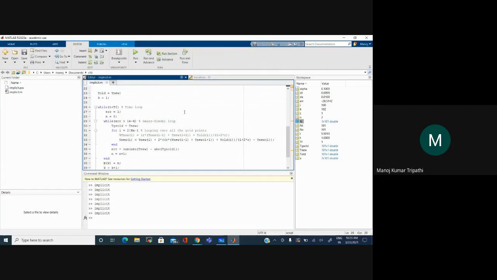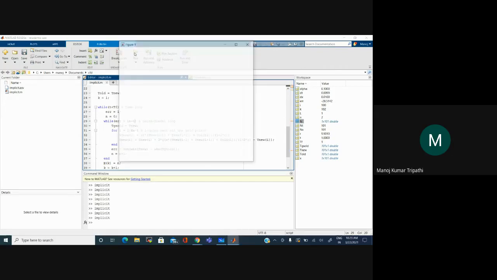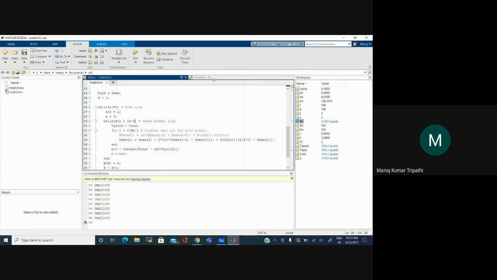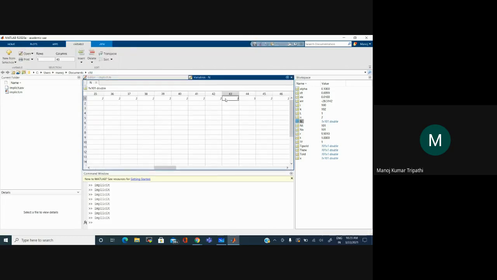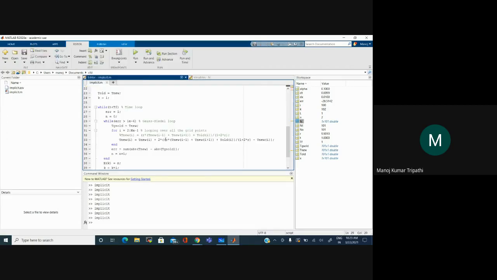Okay. If I decrease this error, which might be very high in this case, still it is converging, but the result is not correct somehow. So it is not advisable to go beyond 2.